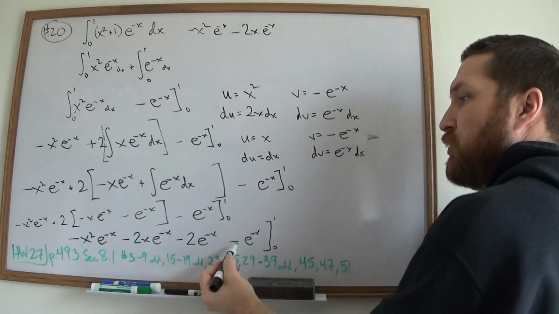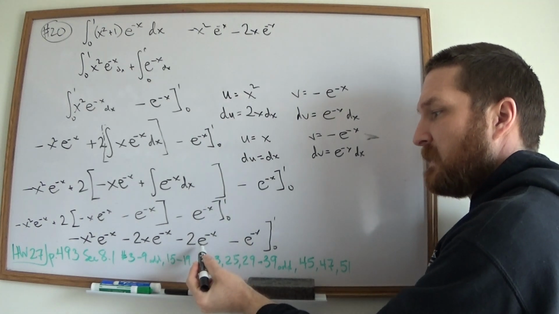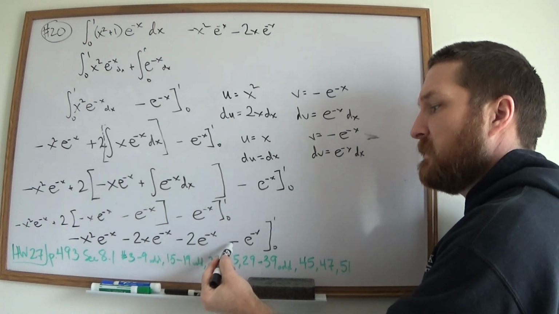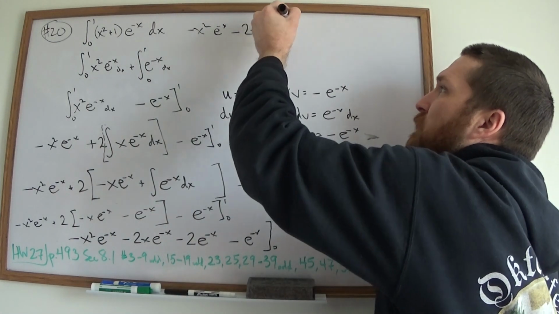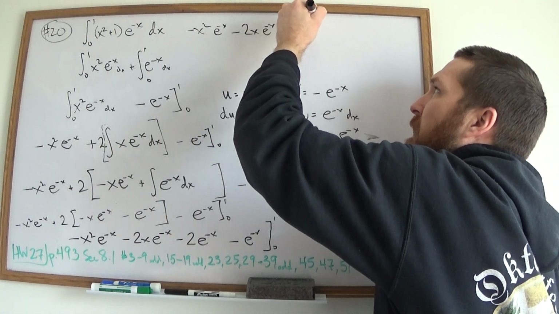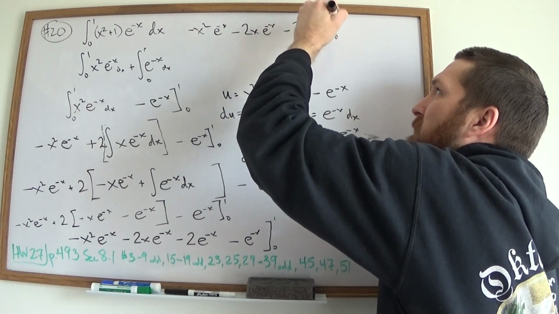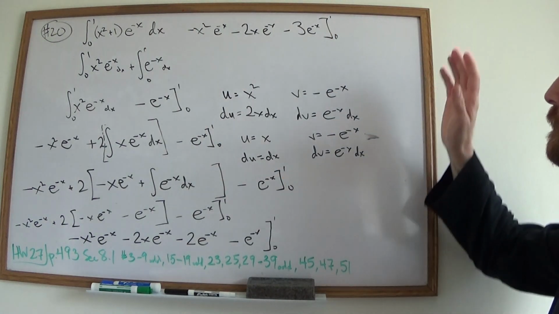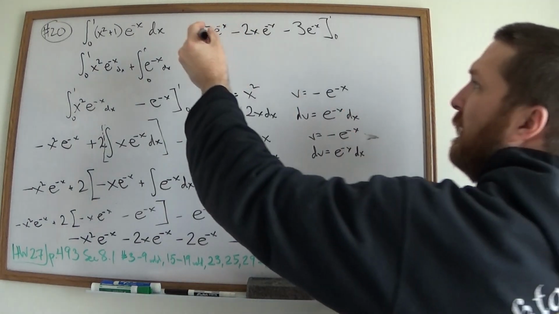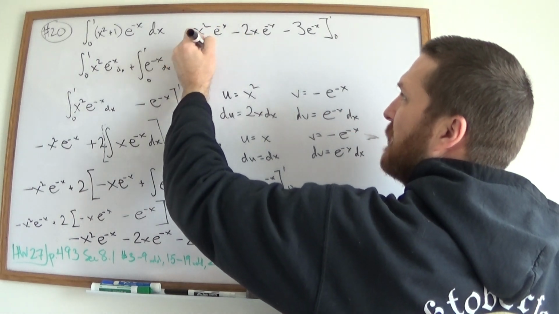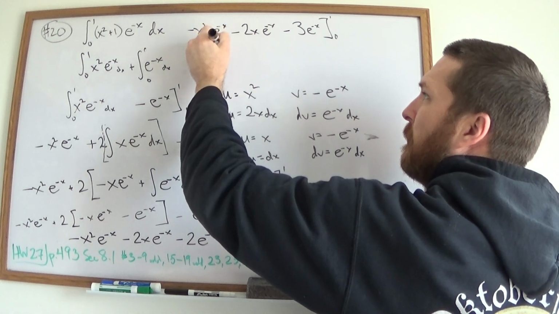Now we have 2 e to the minus x's, minus 2 e to the minus x's, minus another one, so that's a total of minus 3 e to the minus x at 1 and 0. Okay, plug in a 1, and I get minus e to the minus 1